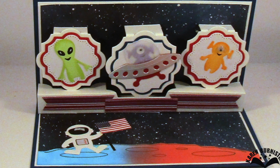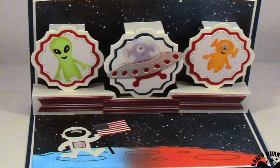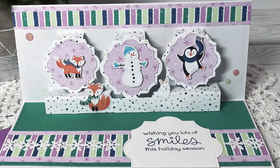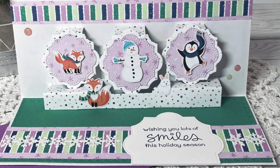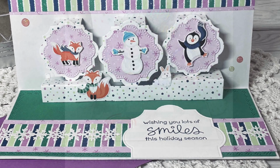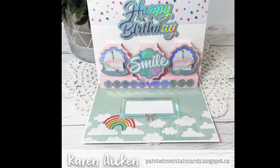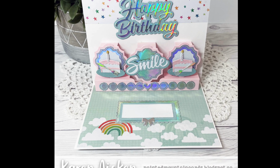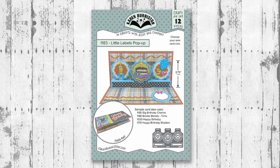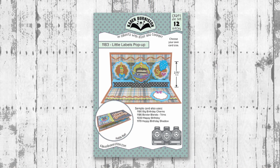This card by Lois Bach shows the space charms. You could use pre-mades, you can use paper, you can use stickers. Lots of ideas for using the little labels pop up. This is a great card by Karen Aiken. Karen also made this card, and it is not a slimline, so there's that bigger size card, this time with really sparkly elements. The Little Labels pop-up is available now at a lot of your favorite local and online retailers,